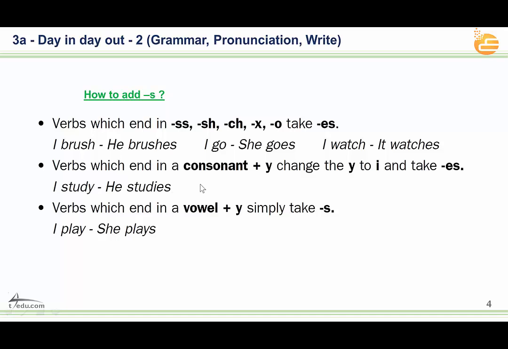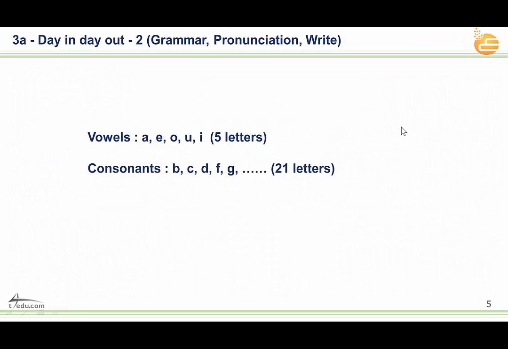One of the students will say, excuse me, I don't know what you mean by consonant. So what is a consonant? I'll tell you. Listen. In English, we have 26 letters. A, B, C, D, E, F, G, H, I, until the Z. Five of them, we call them vowels. Those are the vowels: A, E, O, U, I. Five letters, 1, 2, 3, 4, 5. Remember, A, E, O, U, I.